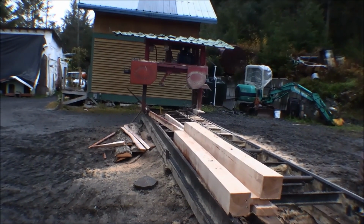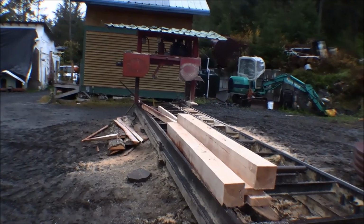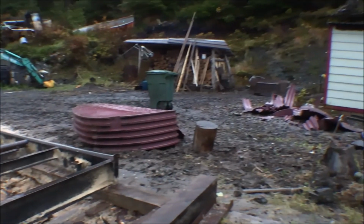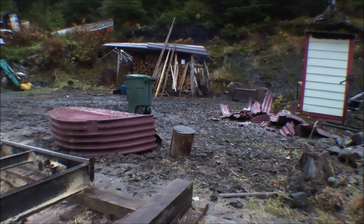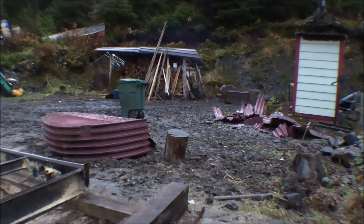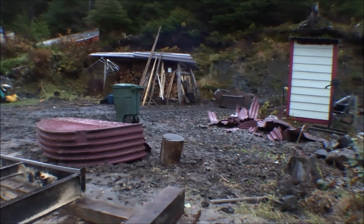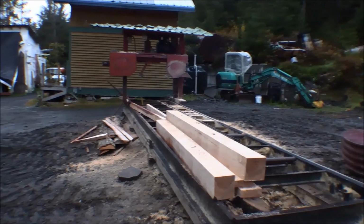When I got back, it wasn't raining. I got a couple things done here then. We got this old water tank that fell off the bank last year and busted up. I cut it up into chunks that could fit in the garbage can so that we can start getting rid of that a little bit at a time. I took the chainsaw and just cut it up. Anyhow, I'm happy with that. That's not a bad day's work considering